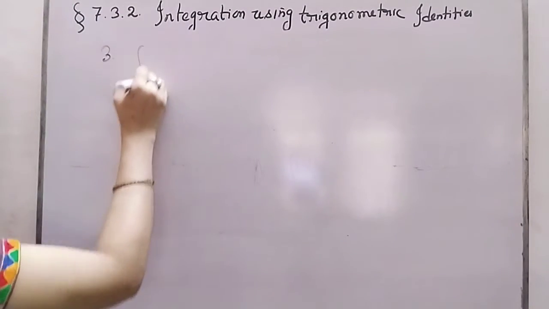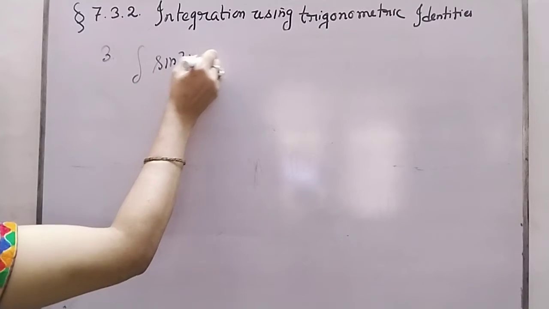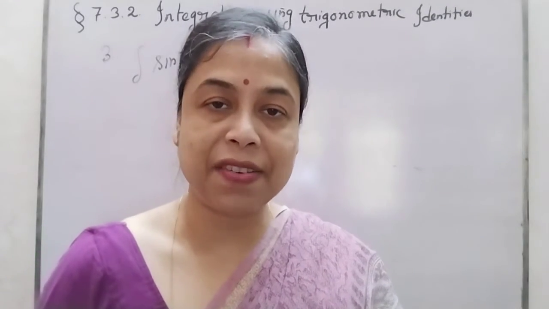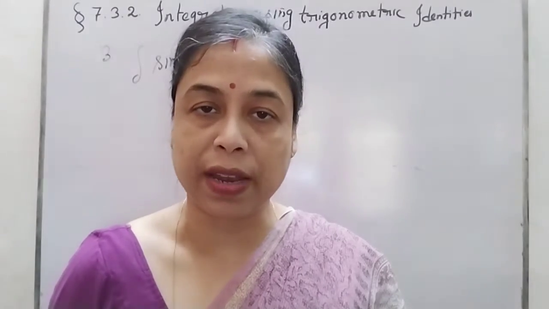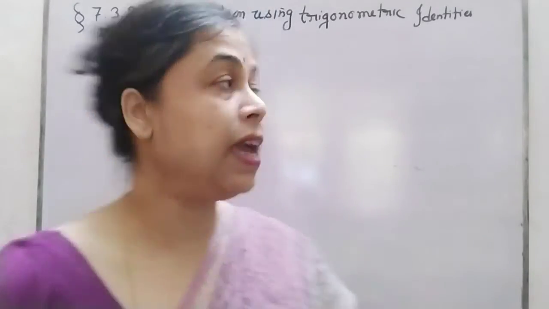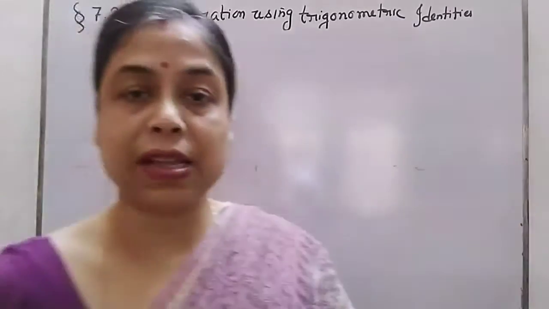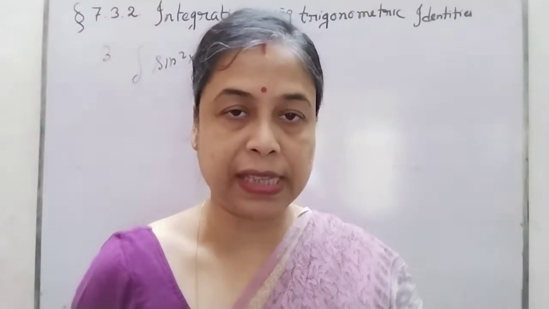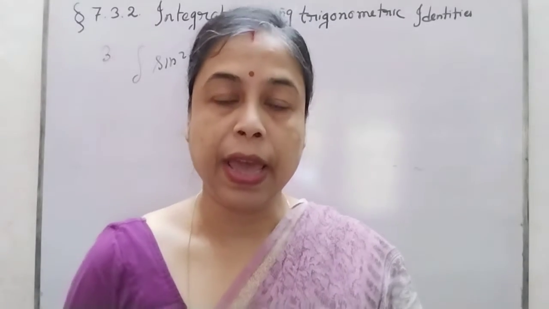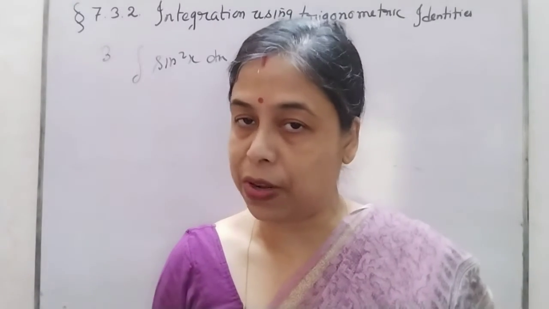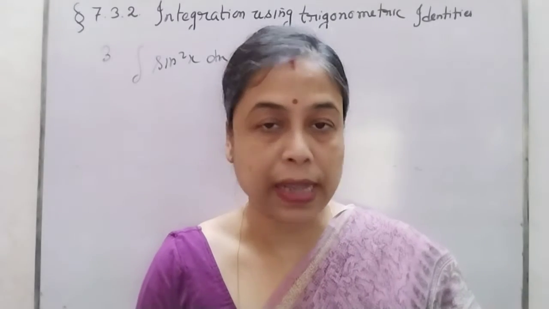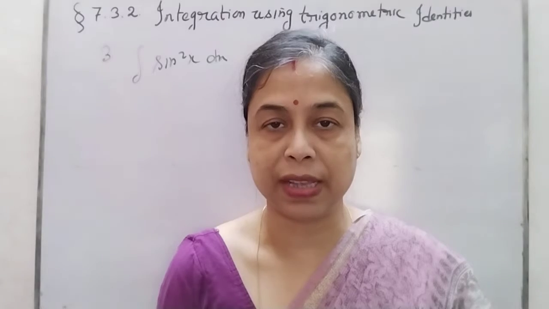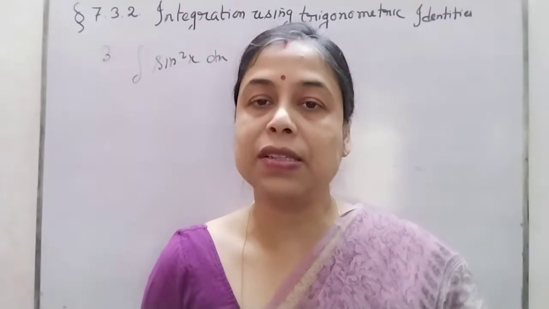Number 3, I am going to do now sine square x into dx. You know the standard relation, sine square plus cos square equal to 1. But I am not going to convert it in terms of 1 minus cos square. As in the previous 2 cases, if you convert sine square using sine square plus cos square equal to 1, sine square can be written as 1 minus cos square. But again, you don't know the integration of cos square x. Is it known to you? No. That is also not known to you.